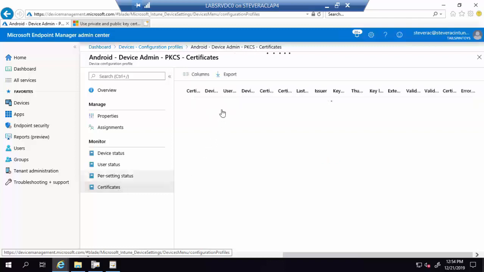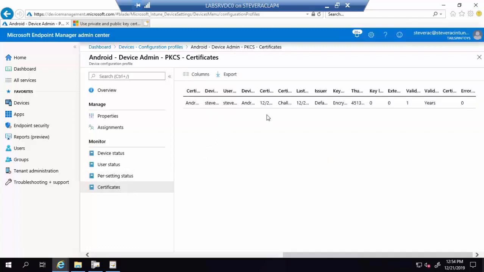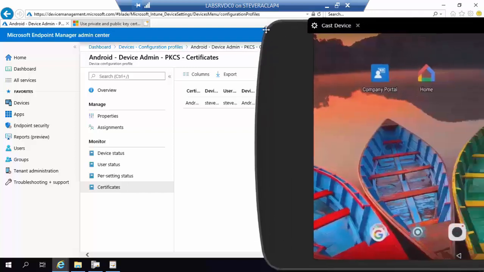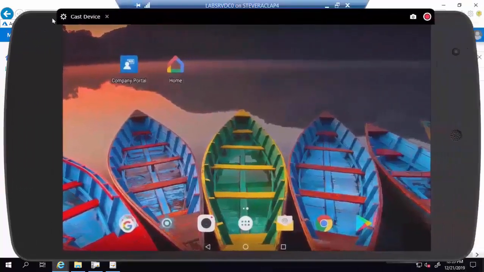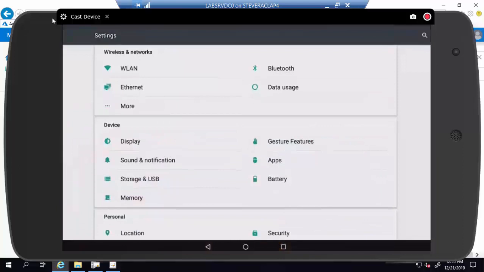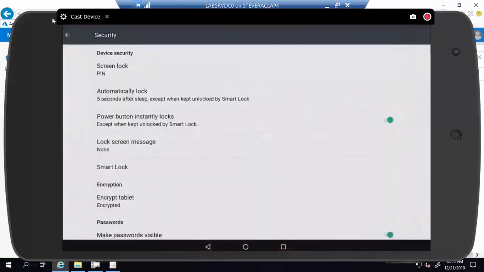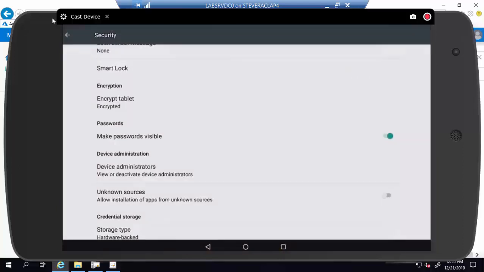Now, on the Android side, we see our cert that was deployed here. On the Android side, I do need an extra step to be able to get this. Let me pull the Android device in for a second. Okay, so here is my Android device. All right, and so like before, let me just show you. If we go to security, and then we scroll down and look at our